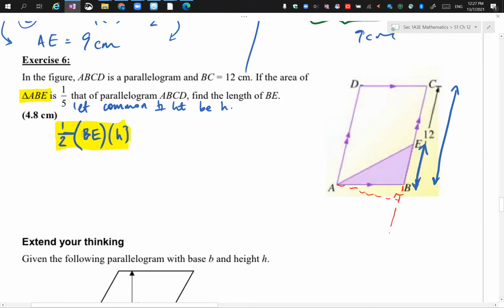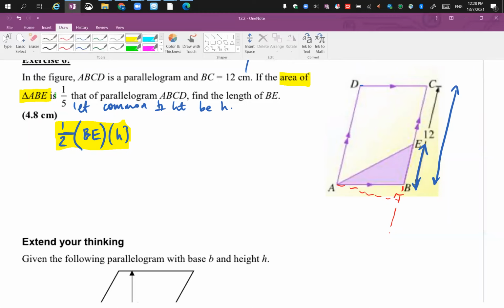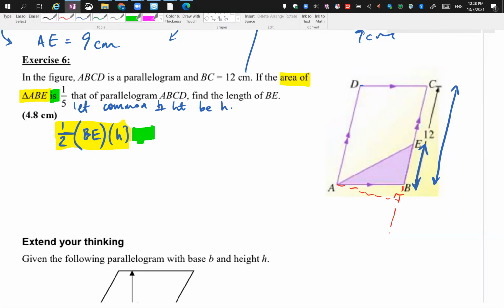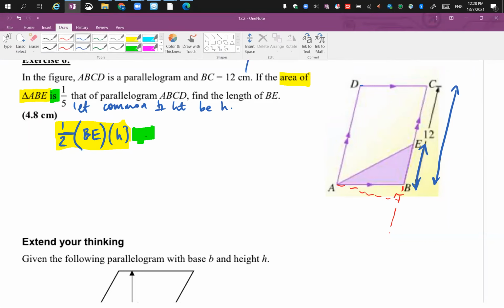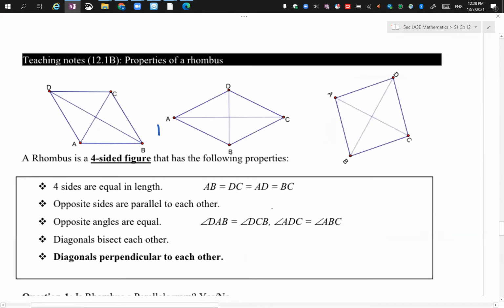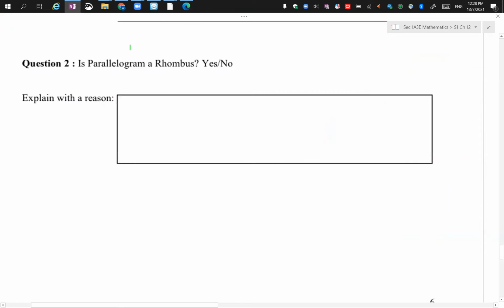So this is the translation: area of ABE, the word "is" just means equals, 1/5 equals 1 over 5. Okay, all this in green. The area of triangle is 1 over 5